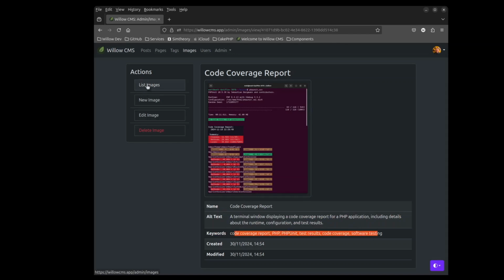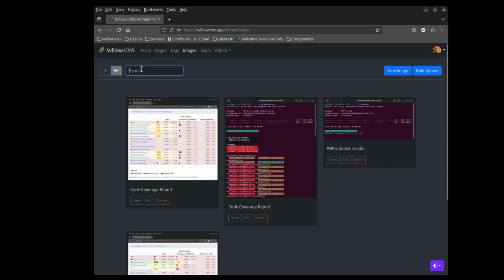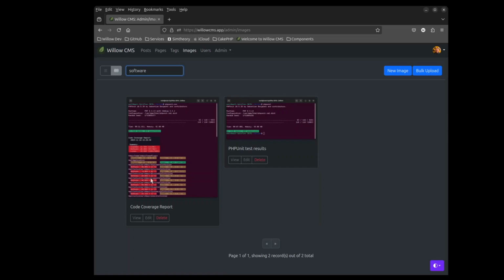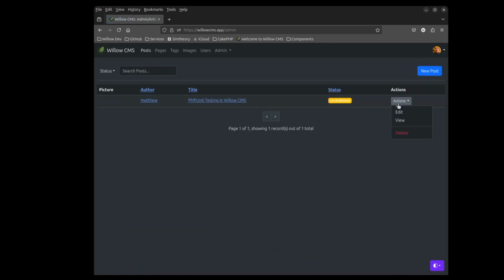So if you've got lots of images, the search function here, oops, if you spell things right, will pick up keywords and show you images. So let's put these in the post. So we'll go back to posts, edit,